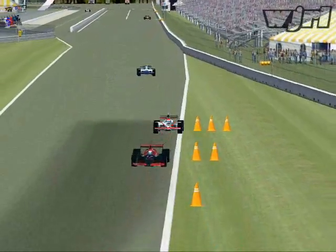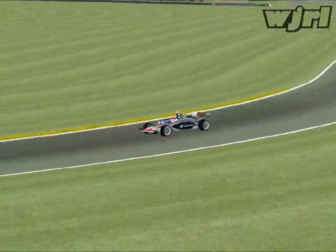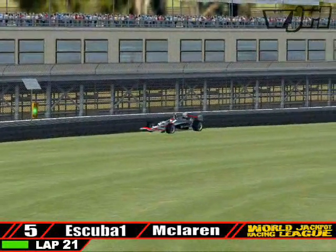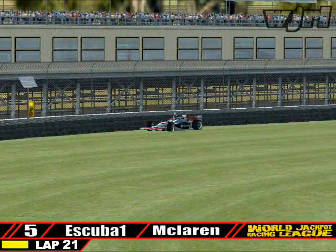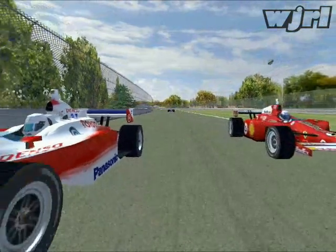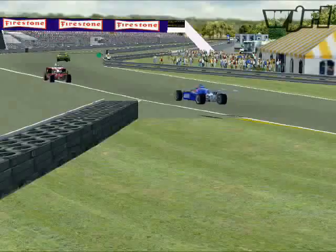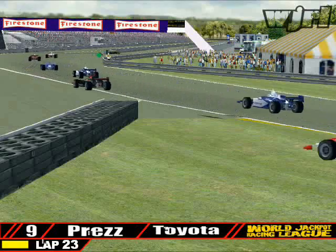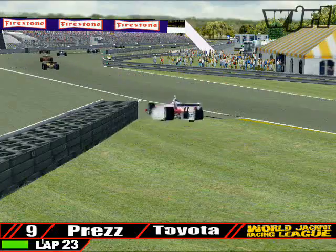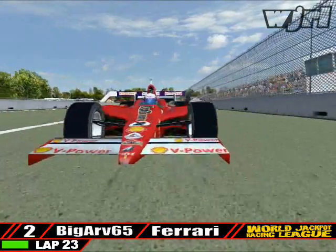Scuba's luck was not going to get any better here coming into turn 1. And brings out the only yellow of the race for debris on the track that I didn't see. But so the cars key up behind the pace car. And as we start to come to the green flag, Prez does it again. I'm not sure what happened there. So we go green,